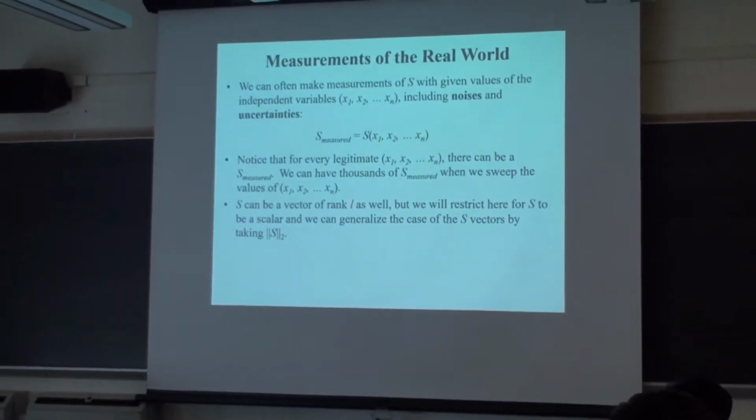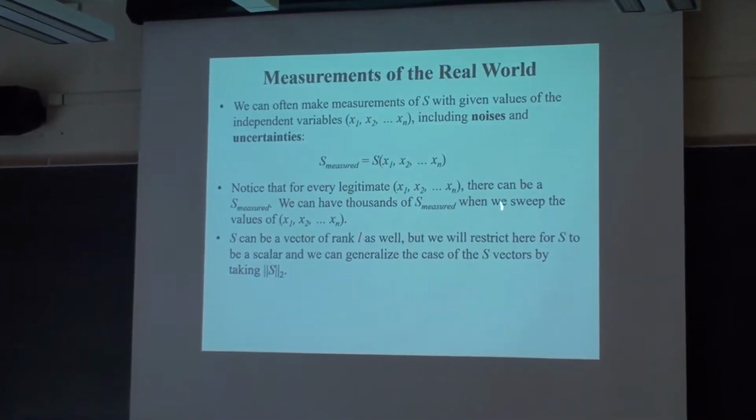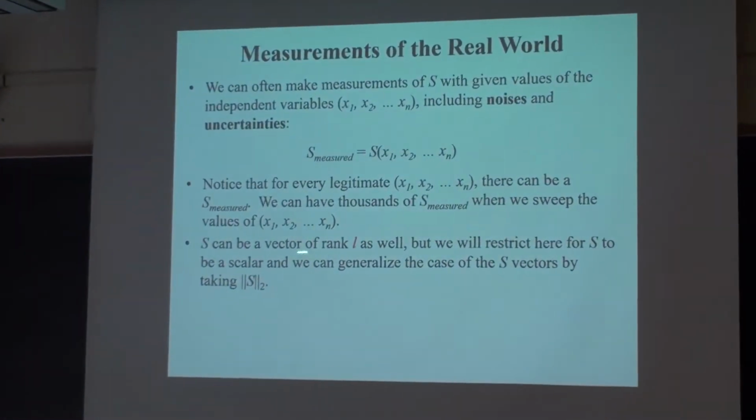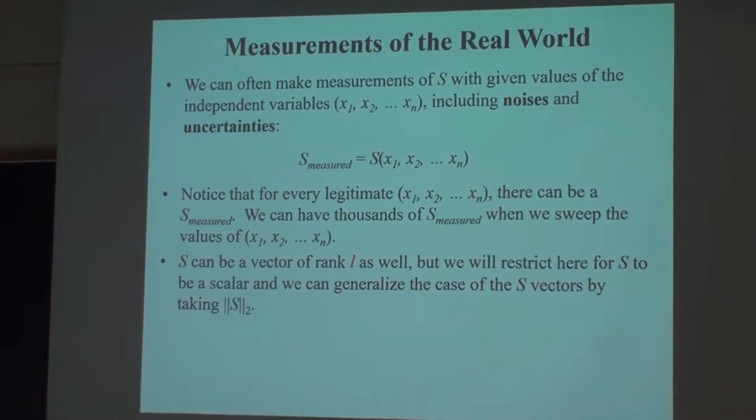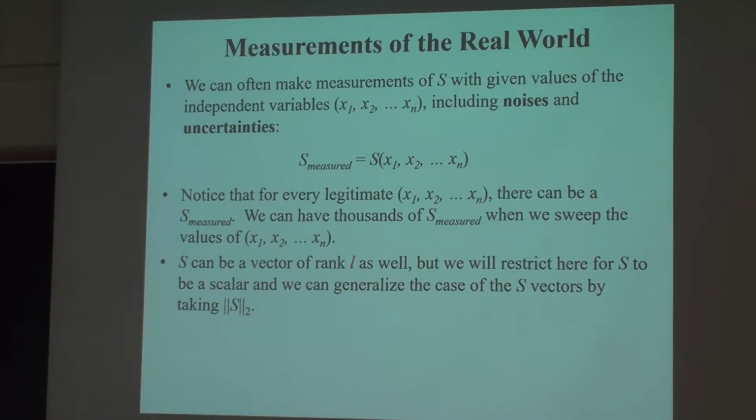So in this, you see that you can test a lot of this, right? S can also be a vector of rank L. Your independent variables here are rank N. Your parameter space is rank M. And your S can be a vector of rank L. You have multiple things that are measurable, with L. And we can use the norm of S to do the things that follow on. But I will not make that complication now. That step is easy.